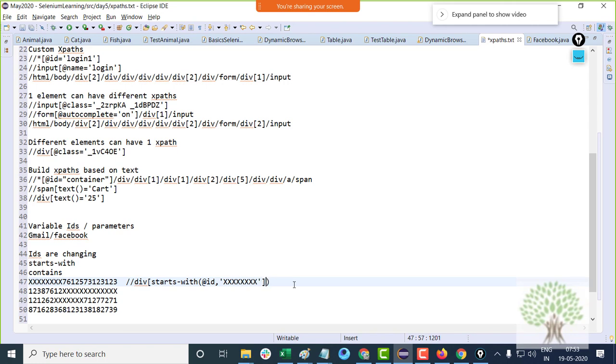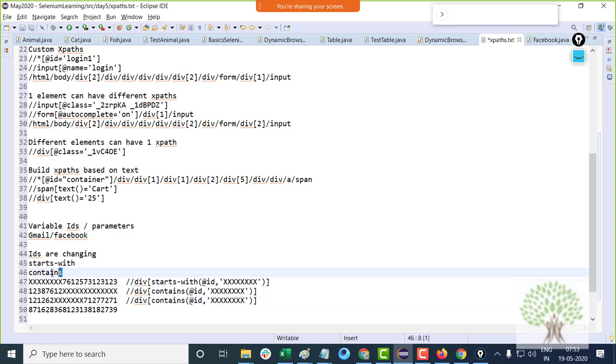So you build the XPath like this. If the ending part is varying, you can build the XPath like this. Instead of starts-with, you can use contains. For the middle part also, there is nothing known as ends-with. Okay, contains can also be used over here.